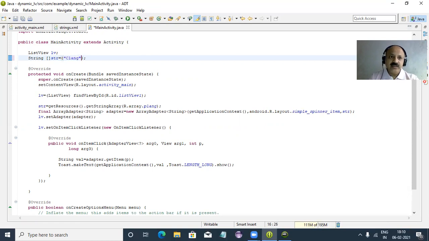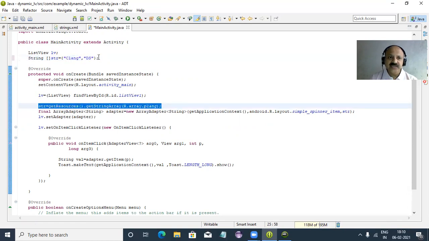So you can take it in double quotes, like that. You can list it in the static way here, but assign it in the dynamic way. The list is static, but that technique assigns it in the array adapter class, and that is dynamic.